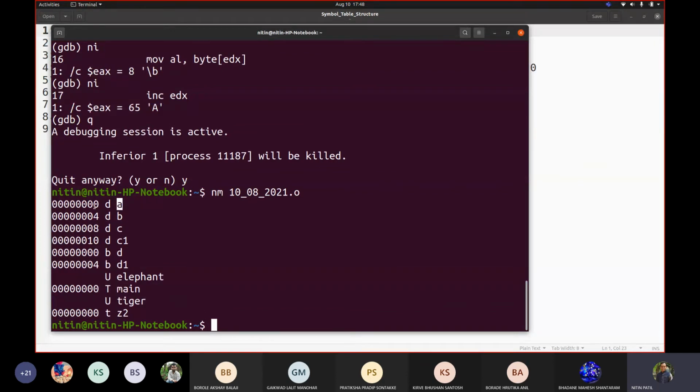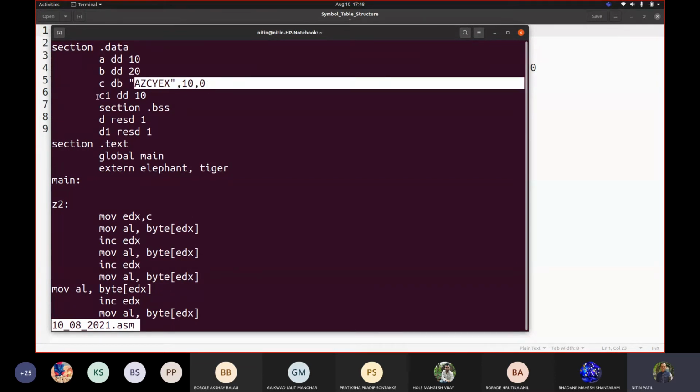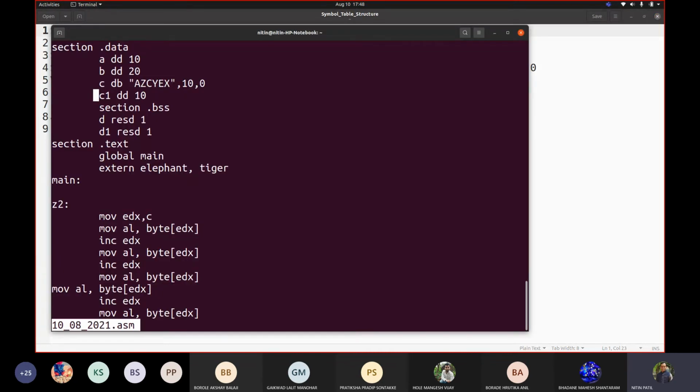So it is showing us 0, then 4, then 8. Actually it should have shown us 12 after C. Correct, but if I try to see my code, rather, less 1008 21.asm, your C variable is containing something. So this A, so this was 8, correct? 8, 9, A, B, C, D, E, F. That's why the next address after C is 10. Okay, see here. So let us quit this.